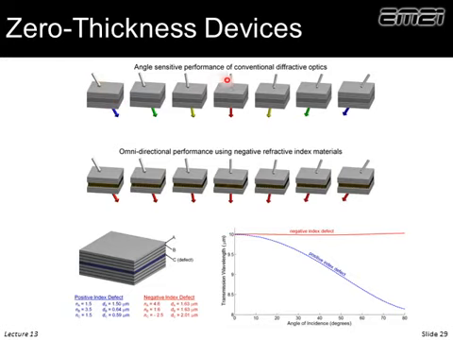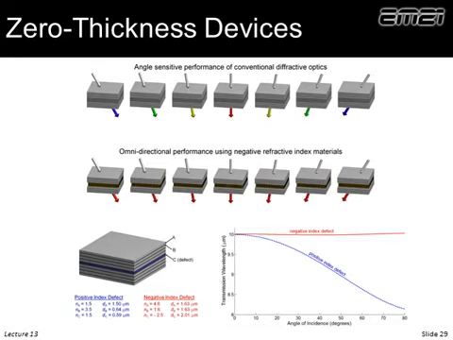Depending what angle we come in, the frequency or the color that we get on the other side changes because it's angle sensitive. We come in at an angle, these layers look effectively larger or smaller, and so that changes how that multi-layer filter would behave. So that's a problem. We don't want that. And we also don't want to solve it using films that have 100 to 200 layers, which it's possible to do. We'd rather just have a few layers and not have it be sensitive to angle of incidence.